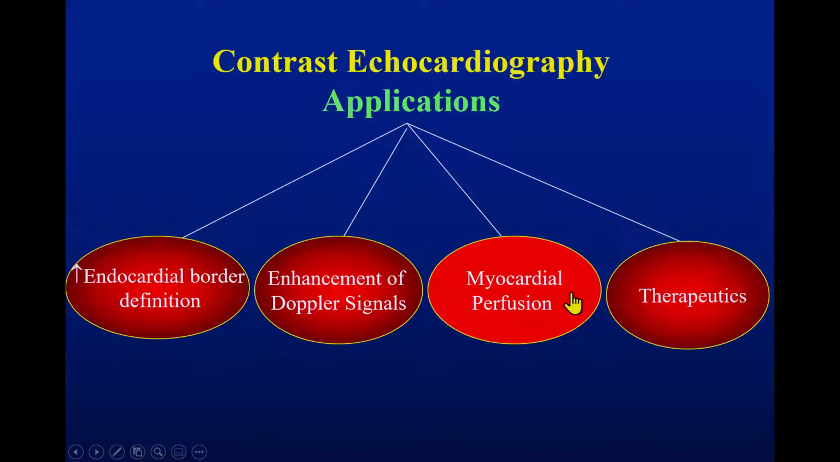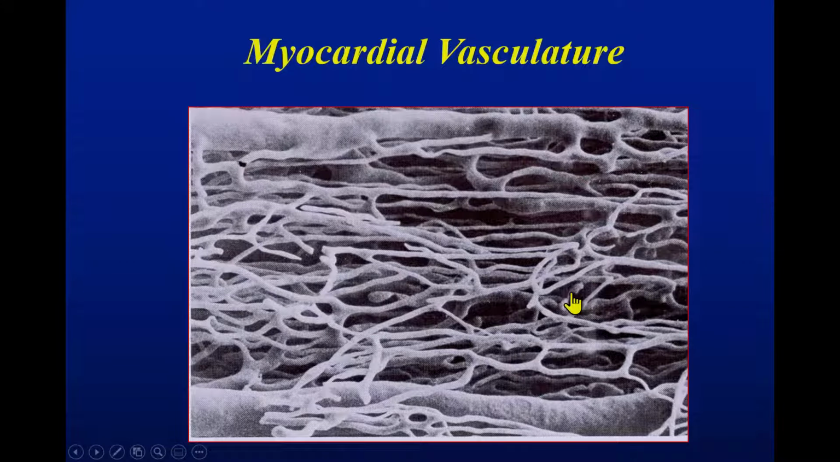So we talked about endocardial border enhancement. We talked about Doppler signal enhancement. We'll talk briefly a little bit about perfusion. Because again, it's not an indication. There is a code for it, actually, utilization for perfusion, but I think it's important to talk about it